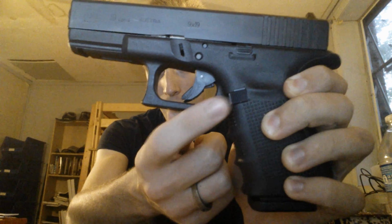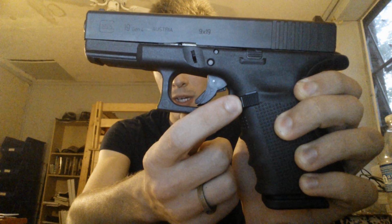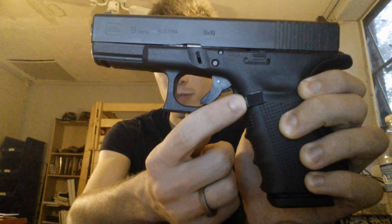First off, the big selling point of the Gen 4 to me was the enlarged magazine release. You see, on the Gen 4, the mag release is exponentially larger than the Gen 3's mag release. I remember going to a gun shop and feeling for myself the difference between the Gen 4 and the Gen 3 Glock 19. And I remember with the Gen 3, I had to consciously push the mag release with my thumb in order for the magazine to come out. The larger mag release here makes it so much easier to just